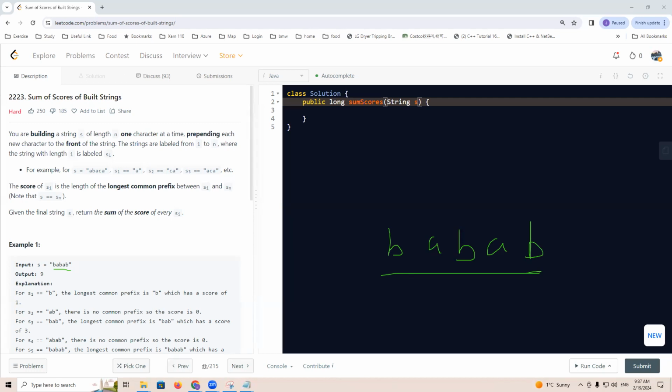if for example we have B, we find there is a prefix here. From this kind of string, we add a score of its length, so this is +1. And when we have AB, there is no match. It doesn't start from A, so this is 0. Then we have BAB,